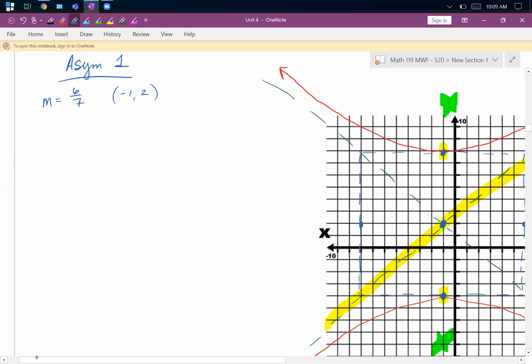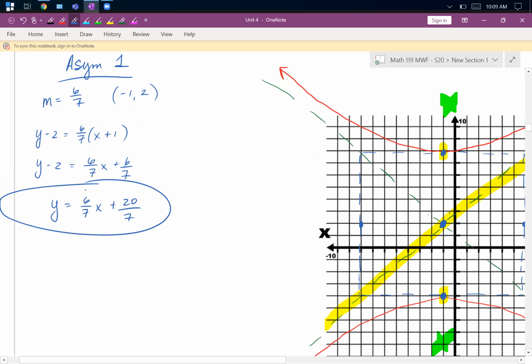I prefer point slope. And for our first one, we get y equals 6/7 x plus